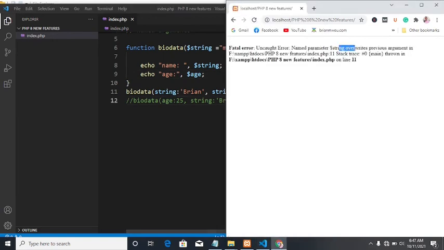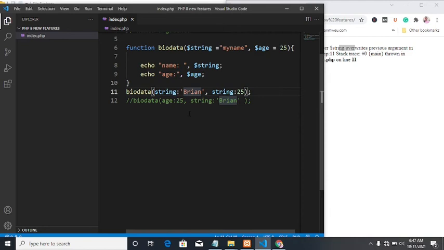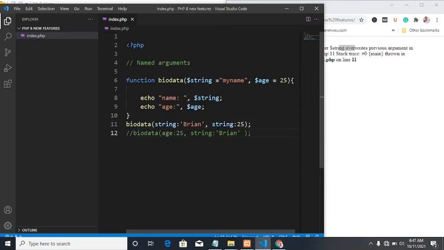And let me say I save this one and try to run. So this will throw an error since you can't override named arguments. That is something you also need to know: you can't override named arguments. Now you can also combine named arguments with positional arguments like this. So for example,